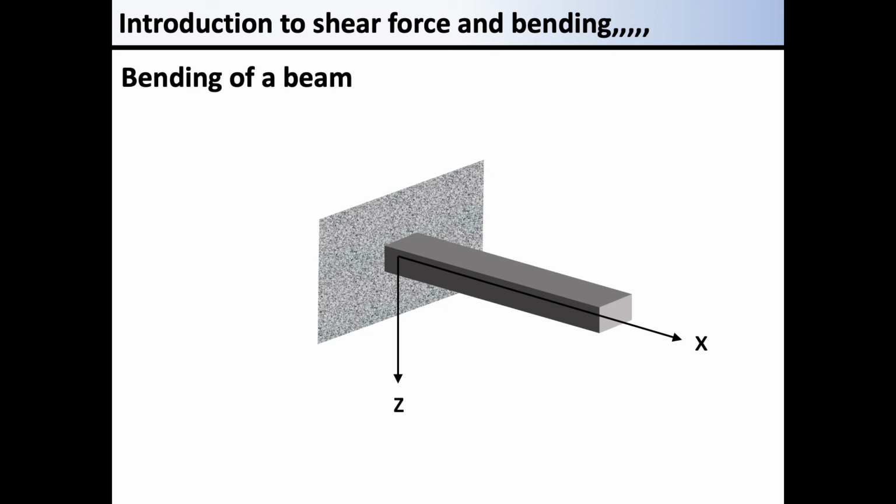Some textbooks may use y instead of z, but z, as in this case, may be more commonly used in the analysis of beams and plates. In this section, we are considering a beam that deflects toward the positive direction along the z-axis. First, we focus on how to deal with the shear force and bending moment acting on the beam. The shear force is the force that acts on the cross-section of the beam vertical to the x-axis.